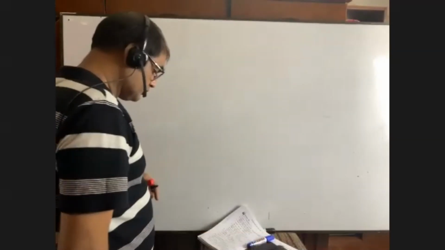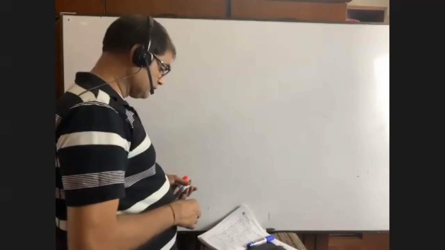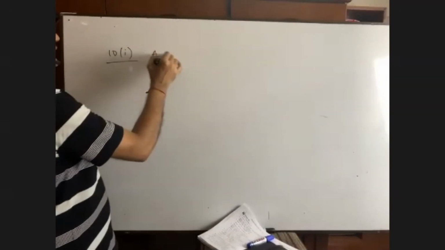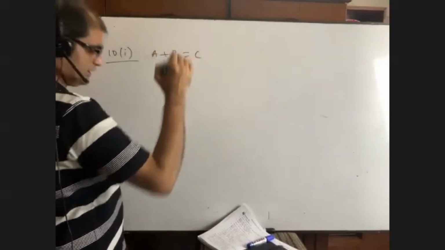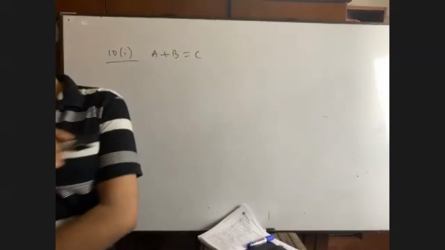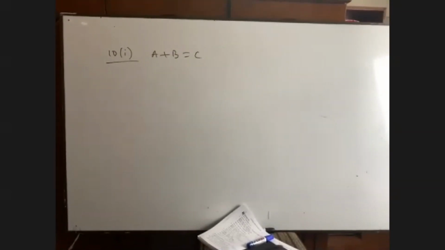Of course. Question number 10.1. Actually, I am going to do only two maths from this exercise. Question number 10.1, you see. A plus B is given as equal to C. What is meant by this? At first, please let me know. A plus B equals C. What is meant by this? So who can tell me? Right angle triangle. Yes, Shondit, you are absolutely right.